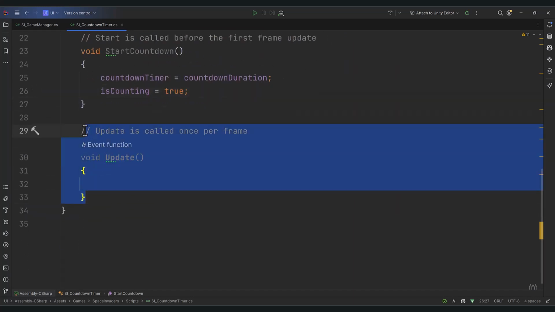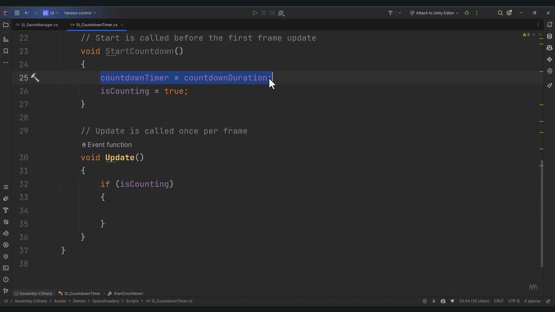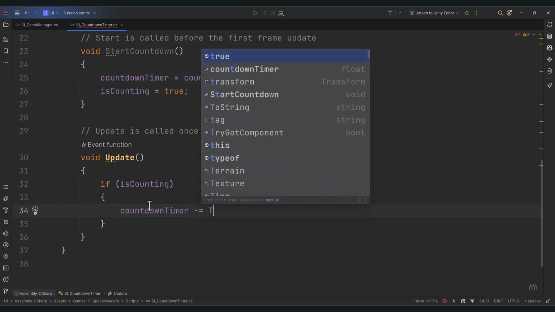I'm not a big fan of always using Update for stuff, but for this particular project, I think it's okay. Because what we're going to do here is check if we are timing. So I'm going to type if and then hit tab twice, copy this. This is the same way of saying if our counter is currently set to true, we're going to subtract some time. Remember, this is set to 3. We can make this minus equals Time